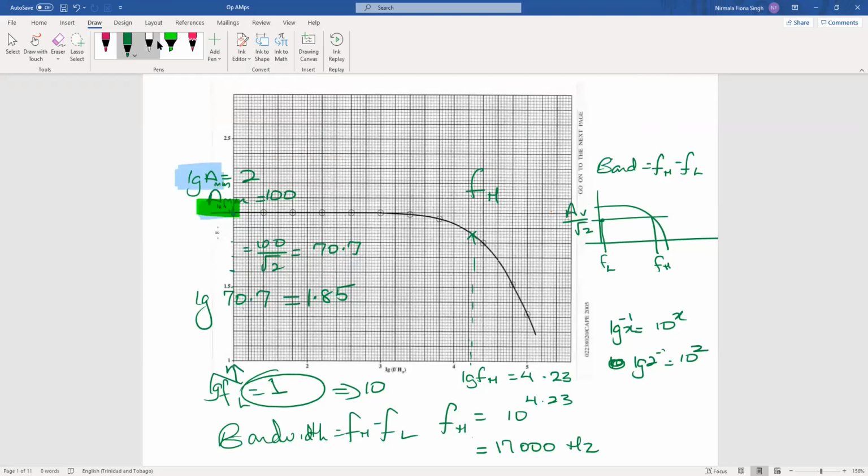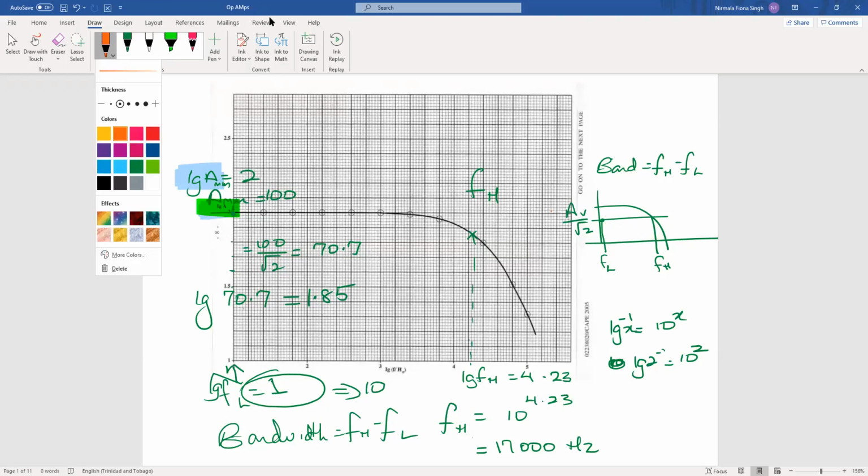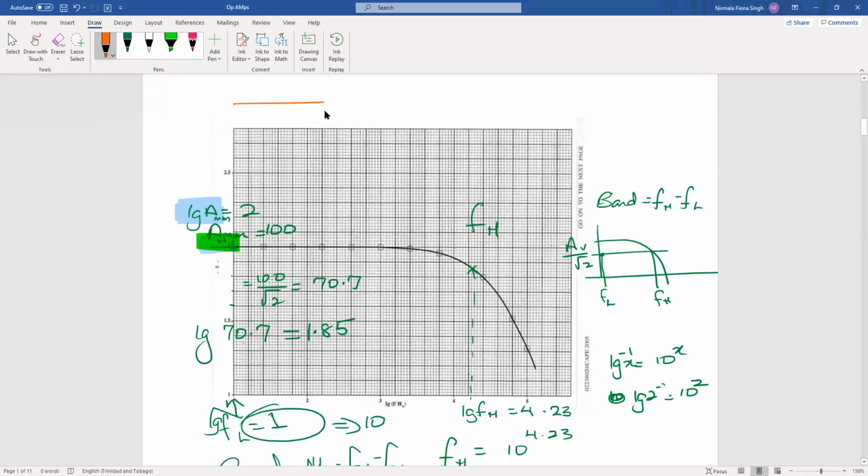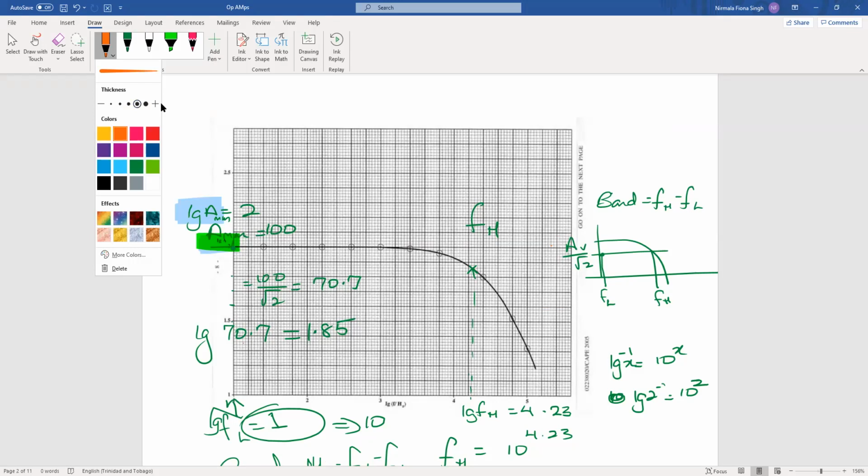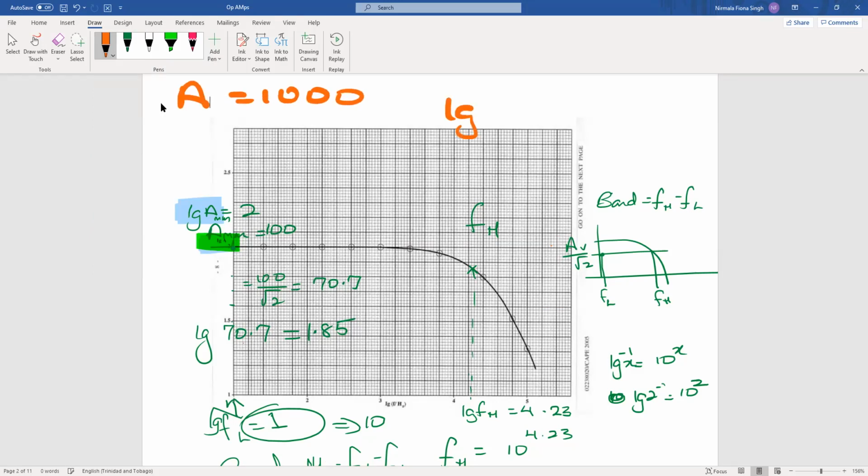1,000 means if we take log of 1,000 is 3. So that means our graph would have started somewhere at the top here, right? And then dropped off. Okay, let me see if I can get as close as possible to this. All right, if your gain is equal to 1,000, then log of your gain will be log of 1,000 is equal to 3. So I see 1.5, I see 2, I see 2.5. 3 will be somewhere at the top here. Let's just use our imagination. All right, so gain will be somewhere at the top here, it will be flat out. And let's say it starts to drop at the same point. It starts to drop right here and it goes